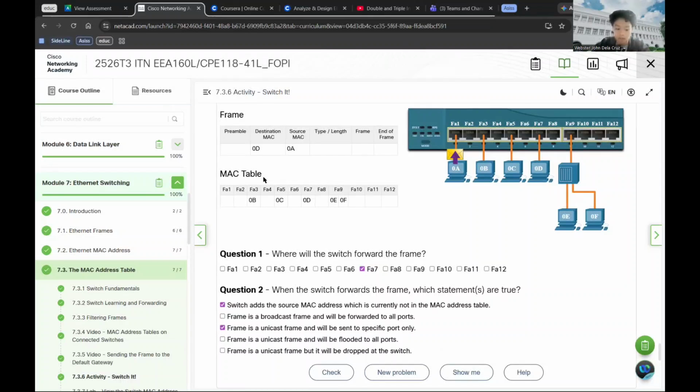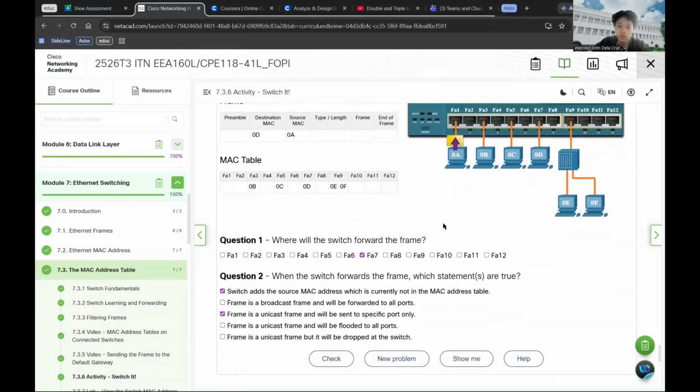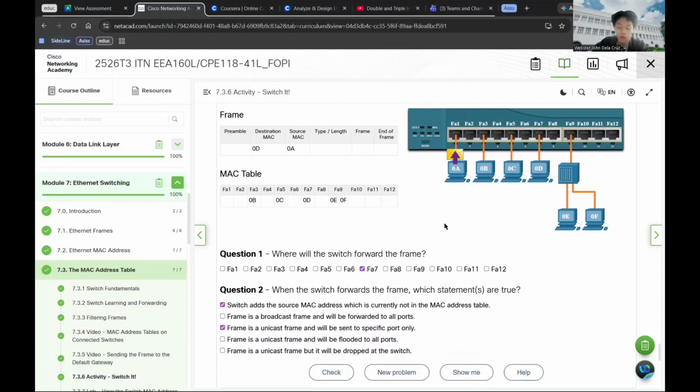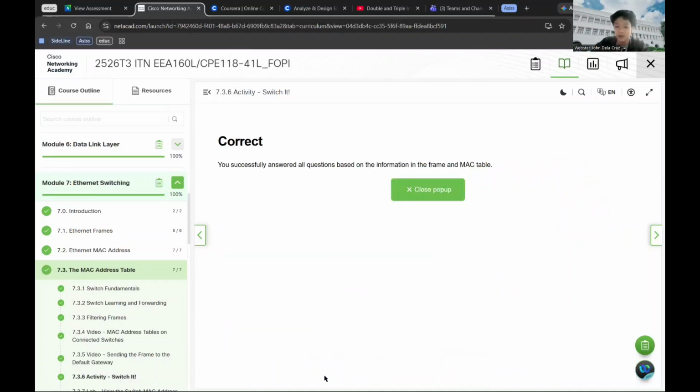It will forward the frame directly to FA7 without needing to flood it to all other ports. So that's all, everyone, for the three problems. We check if it's correct. Yes, correct. Thank you everyone for listening. That is all. Bye bye.